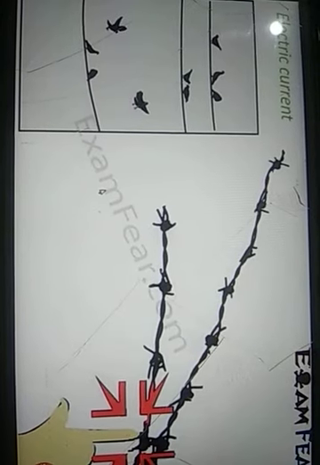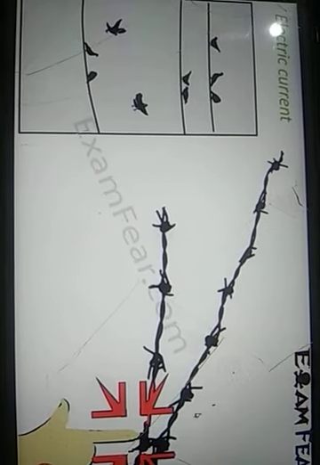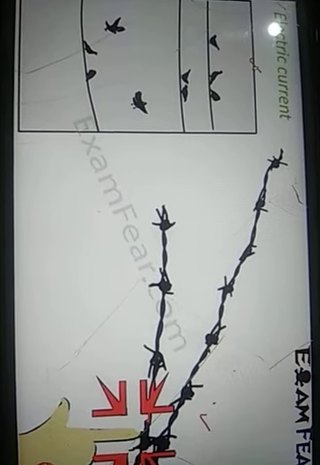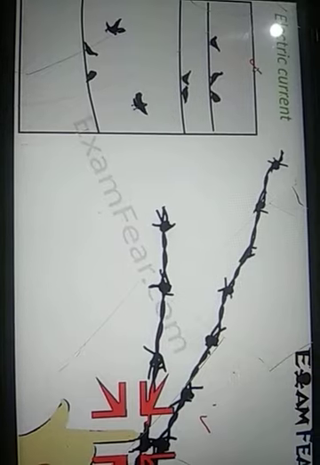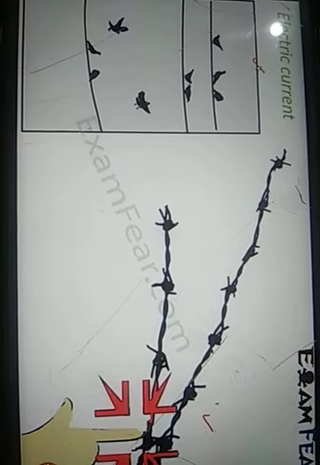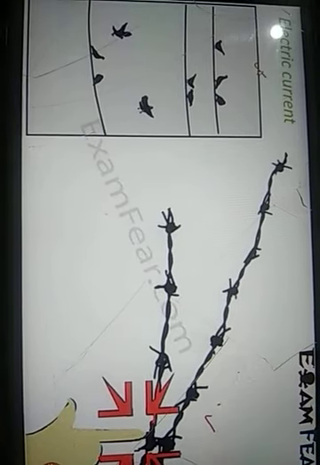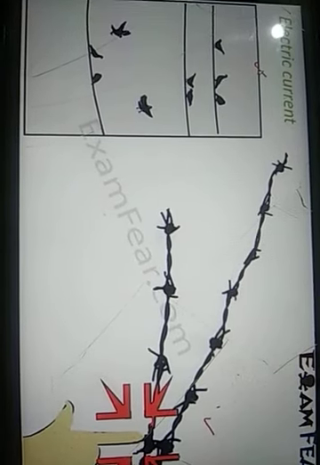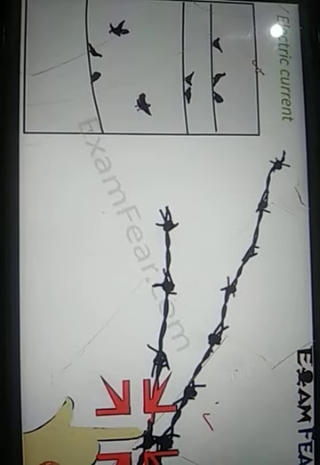Now whether we talk about touching the naked wire or about these birds sitting on the wire carrying current, they are dangerous because they can give an electric shock, and this electric shock is due to the electric current which is flowing through the wire. The electric shock can be very dangerous and can even kill an organism. So here also you see that electric current is a very important thing.